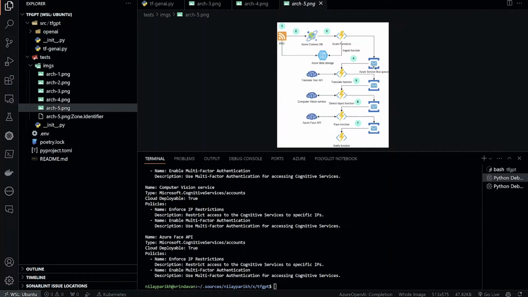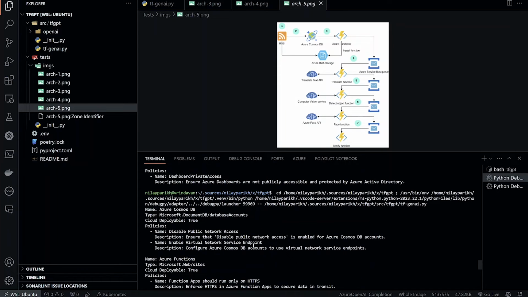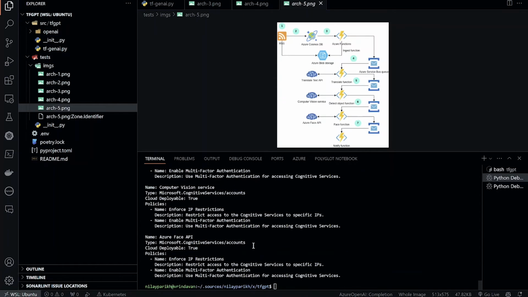What it failed to identify was a service bus queuing, which is going on behind the scenes. But I think otherwise it has identified all the components that are needed, and it successfully also ignored this one. So as I said, this is not a perfect solution, but it is a very good solution, very robust solution, and most importantly, it proves how AI will improve our day-to-day life in software engineering and software practices.